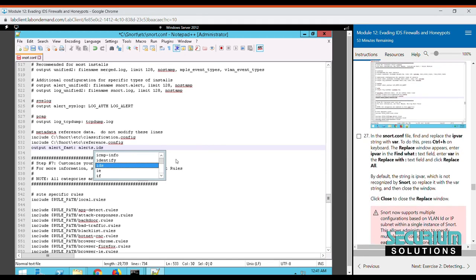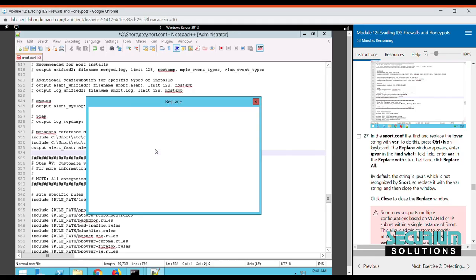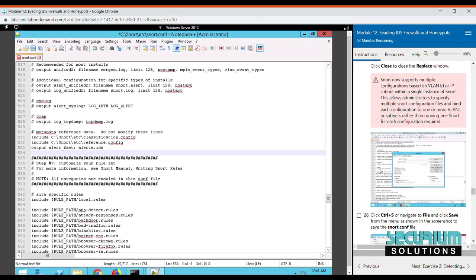Now you have done everything, and you need to find ipvar string, and you have to change it to var. So you have to remove ip and change it to var. How you can do it is by pressing Ctrl H, it will give you the replace function, and in here you need to give find ipvar and replace it with only var. Replace all. 11 occurrences were replaced in here. All done. Just close it, and you need to get into,